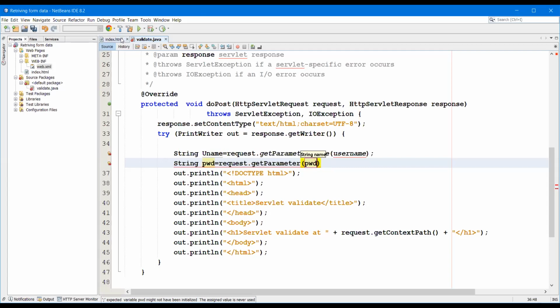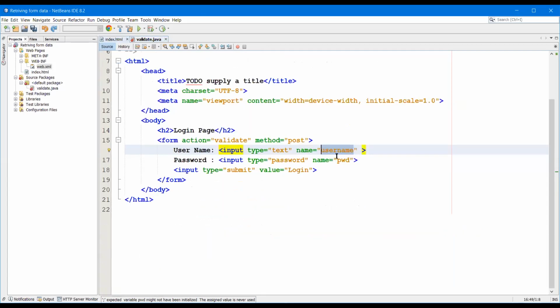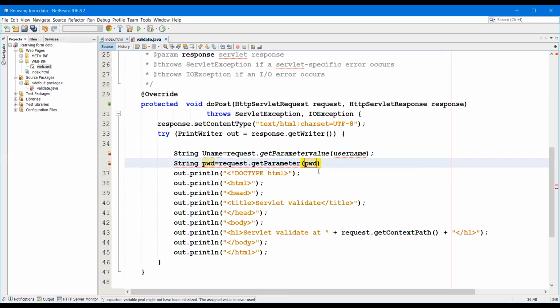So what is that parameter name? pwd. Now we have to print that one.